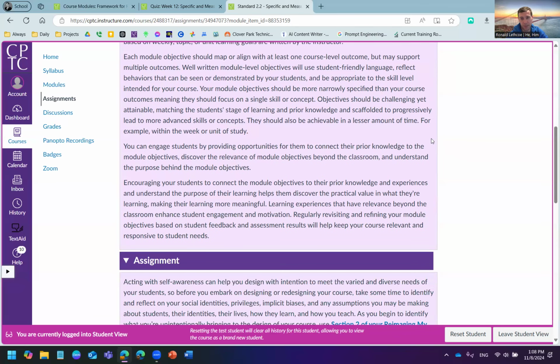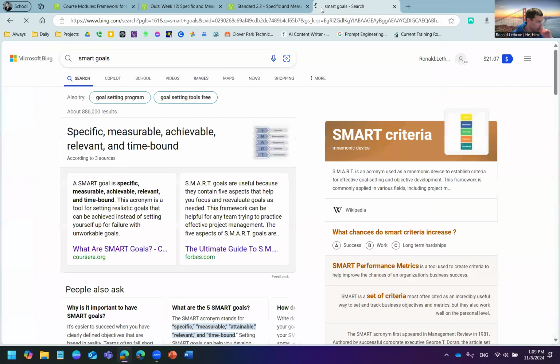And then objectives can be anything. I would say following the same kind of focus that we have with the outcomes, having it measurable, kind of following that SMART framework. SMART goals, for those who are familiar: specific, measurable, achievable, relevant, and time bound. Now, you don't have to have all of these every time, but